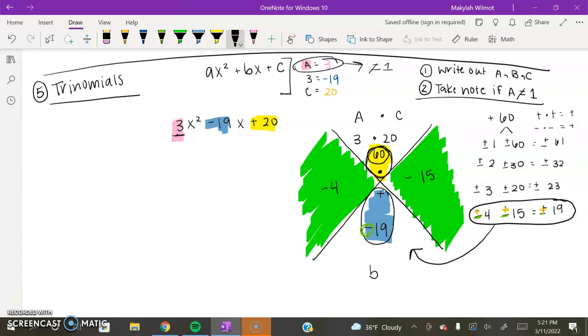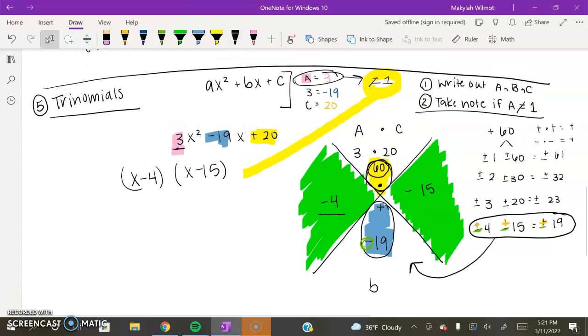So, now we're going to add an x to it. So, x minus 4, we got the 4 from right here, times x minus 15. Now, remember whenever we said take note if it does not equal 1, this is where that comes into play. If this coefficient was a 1, we would stop right here. Like, we would be done. But because this does not